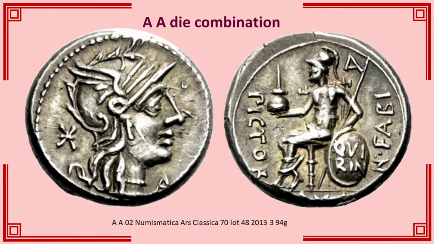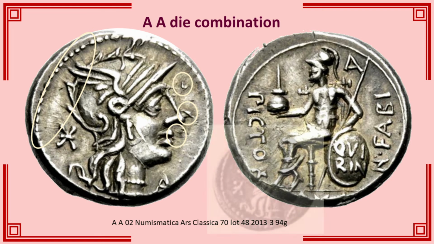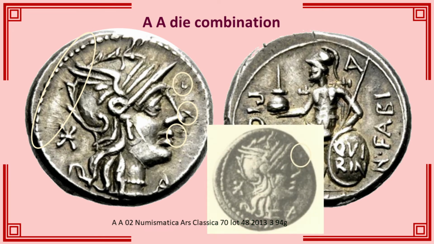If I look at the A dies available to me, they show pronounced signs of die wear. You can see here pit flaws and cracks in front of the face, and around the coin are fine radiating marks. The radiating marks are a very common feature of mechanical stress on the die face. Every A die I have seen looks like this. The A die in Crawford's article, despite the poor quality of the pictures, you can see has the pit flaw. So I imagine there must have been an unmarked die, no example of which survives, which was recut to